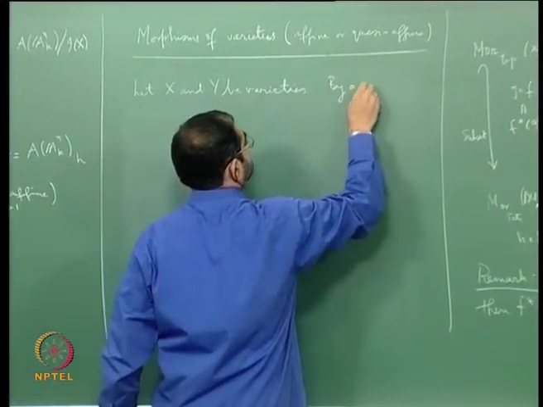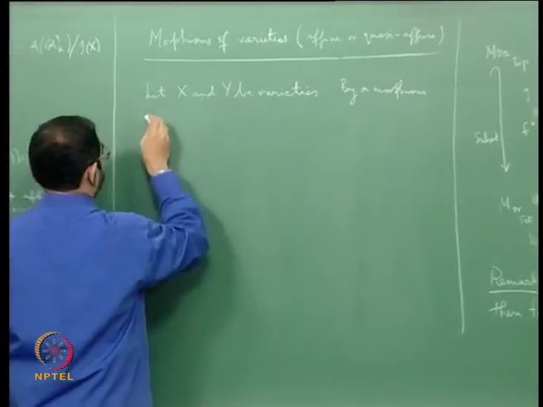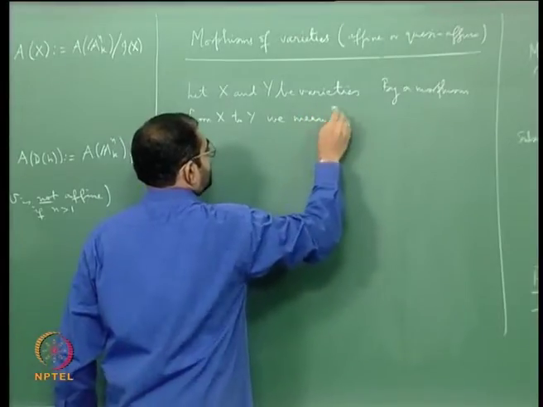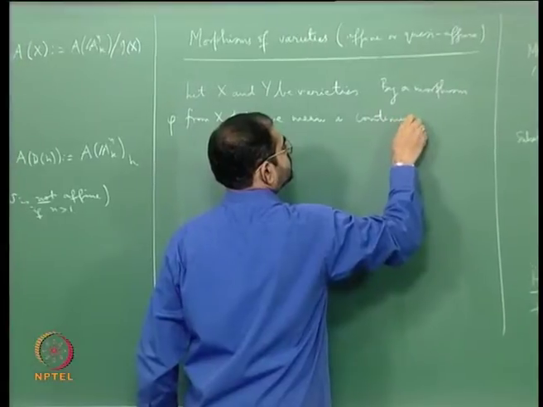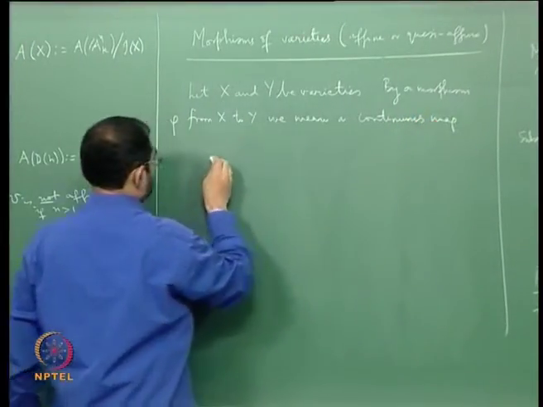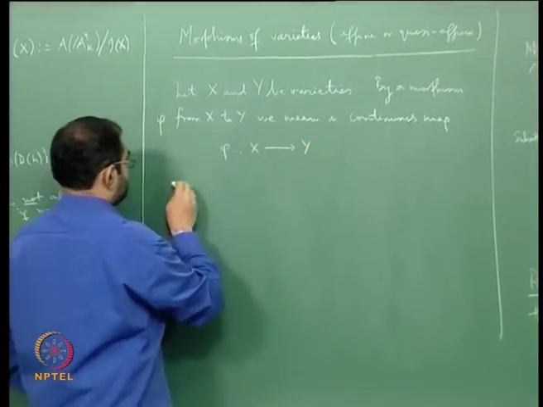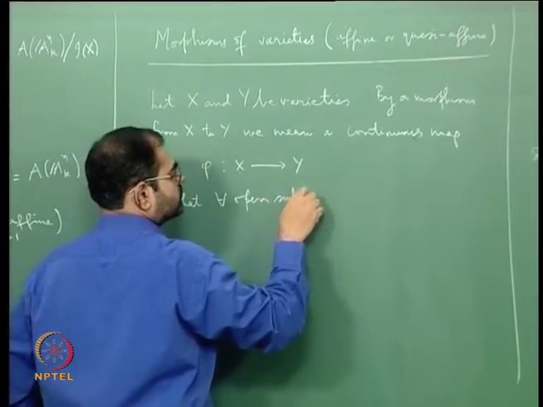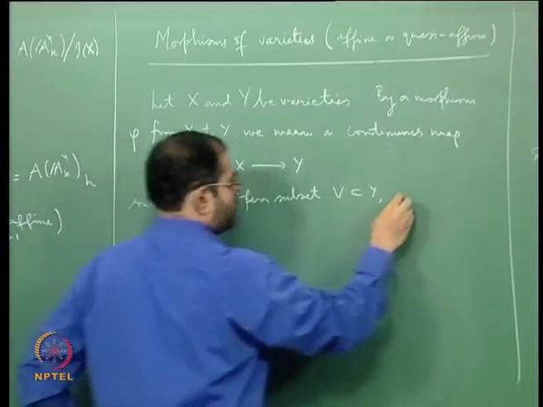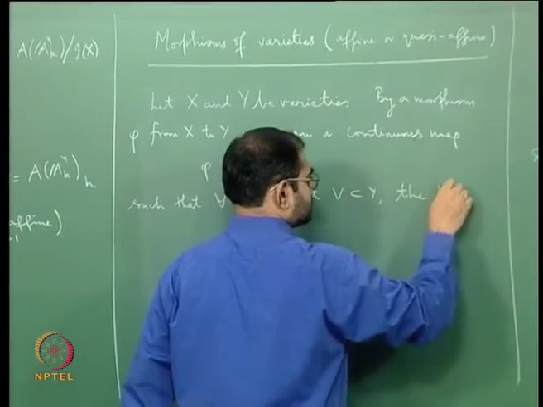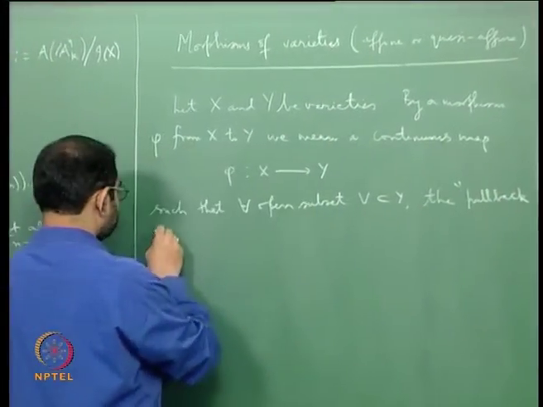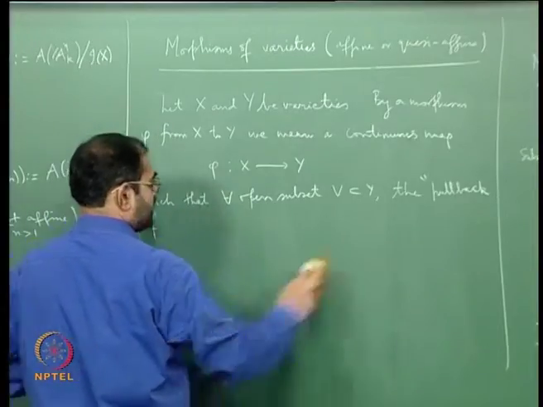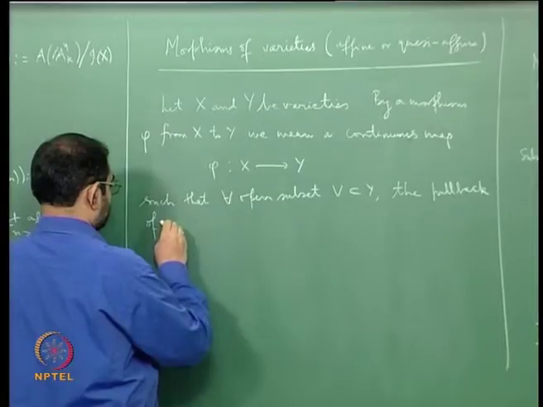By a morphism from X to Y, phi from X to Y, we mean a continuous map phi from X to Y such that for every open subset V in Y, the pullback of regular functions,